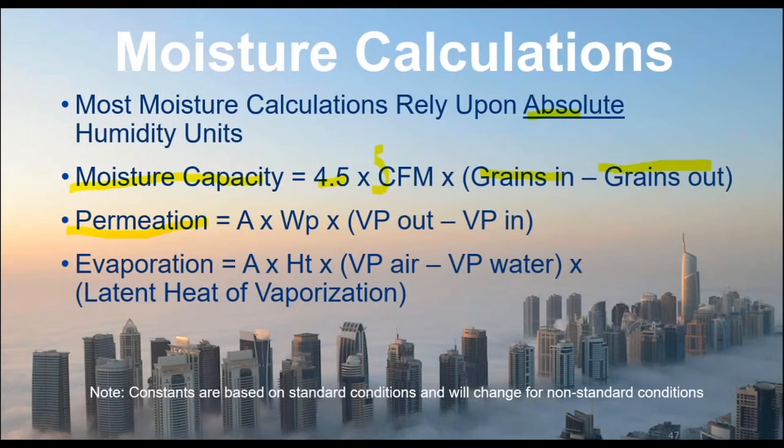We take the area of the wall and then the vapor pressure differential from the inside out, and then the permeability of that wall. For instance, a wood wall is more permeable than cement. So different permeance factors for different materials, but we can determine how much moisture will move right through the walls. Evaporation, again, we need to know the vapor pressure of the air compared to vapor pressure of the water, and so on, so we can determine evaporation. So those are just a couple of examples of why we need absolute humidity measurements.